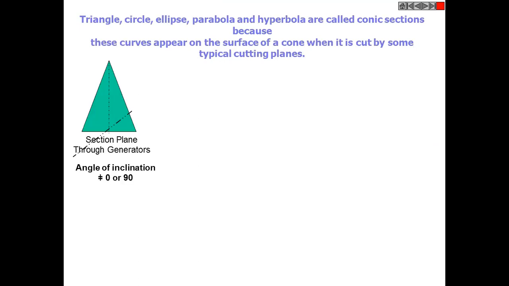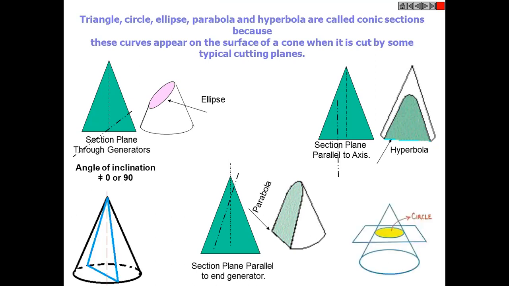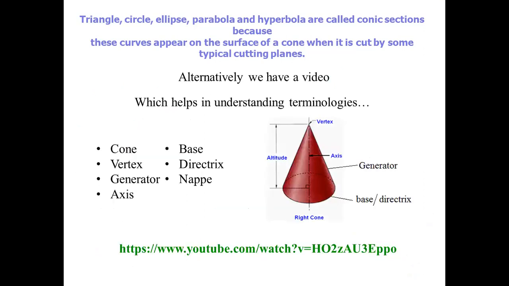In that, we saw how parabola, hyperbola, and ellipse are defined. That basically depends on how the cutting plane cuts the right circular cone, and accordingly we receive different kinds of these engineering curves. We saw special cases such as triangle and circle. Then we saw basic terminology related to the right circular cone. We saw it in one video also.